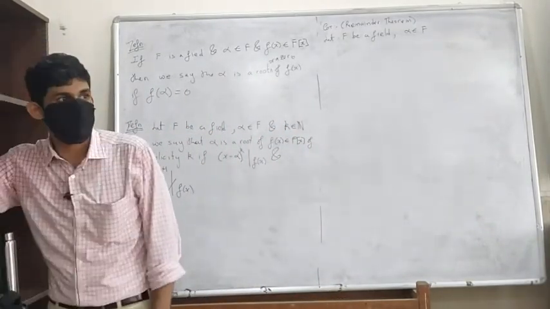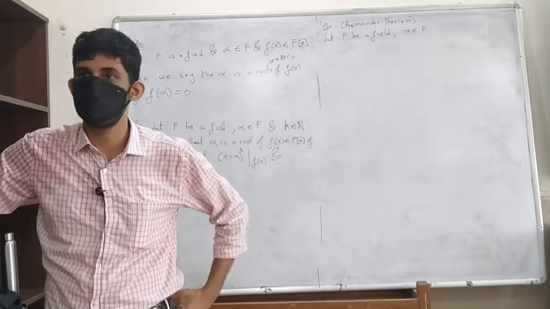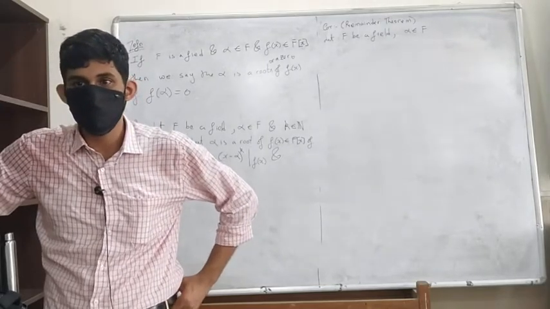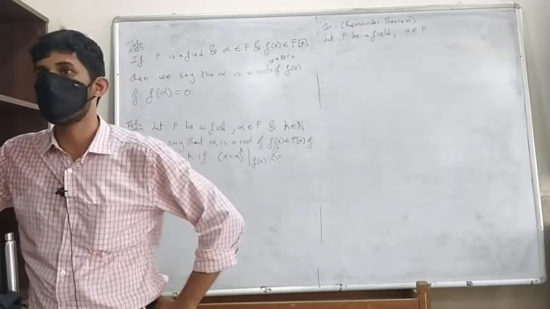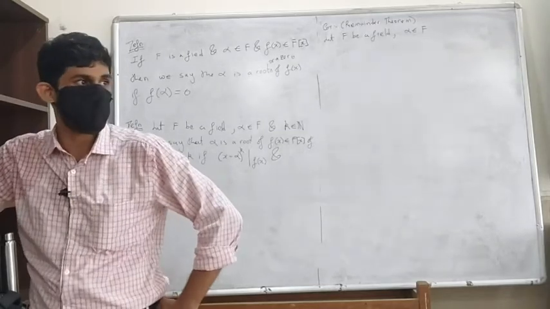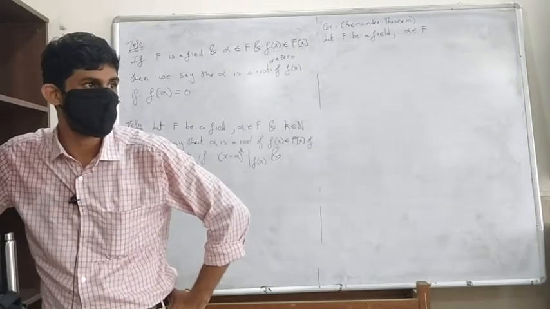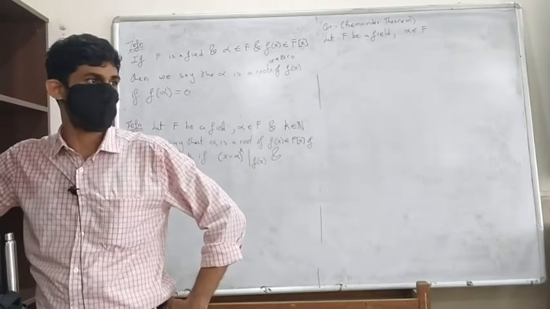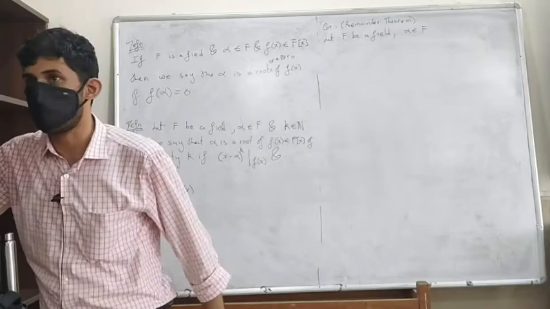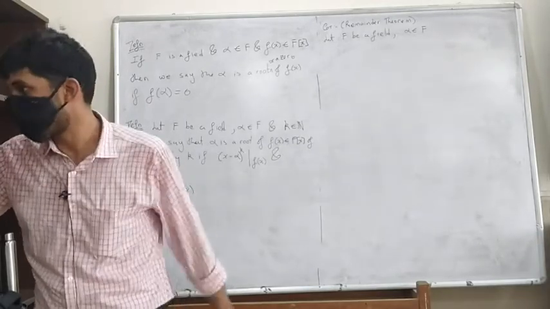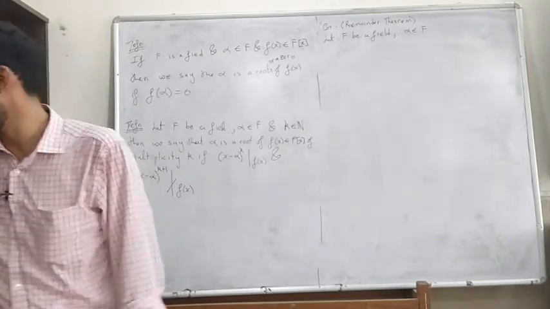What are the possibilities for the degree of the remainder? What am I dividing by? X minus alpha. What is the degree of x minus alpha? 1. So the possibilities for the remainder are 0 or a polynomial of degree 0. That means it is going to be either 0 or a constant polynomial. That's exactly what it is. It's going to be f of alpha.